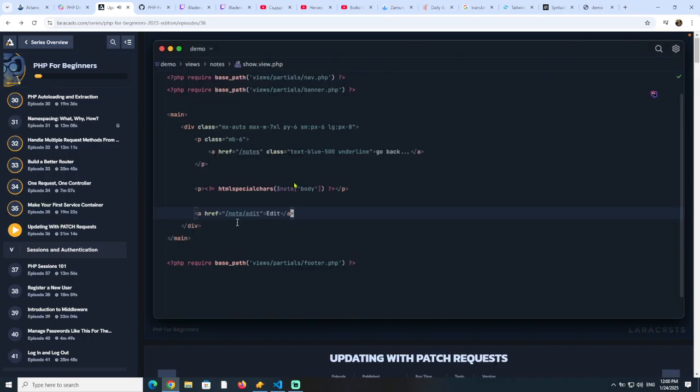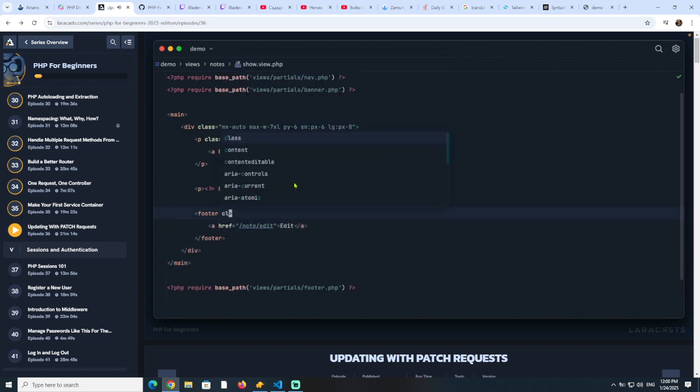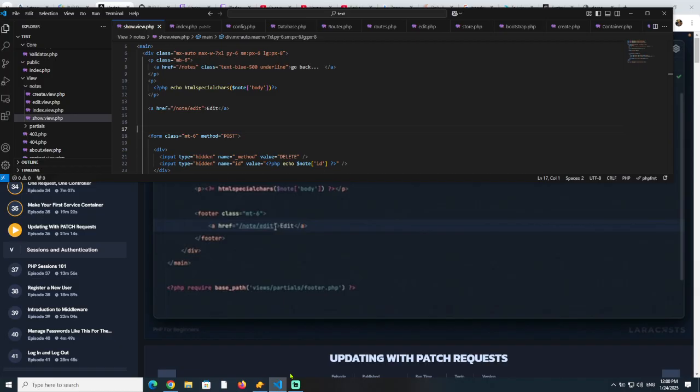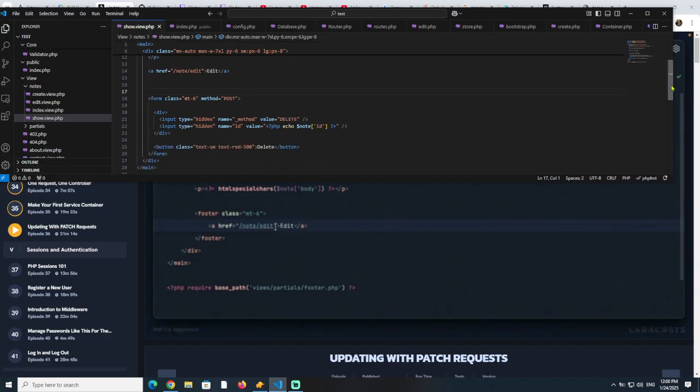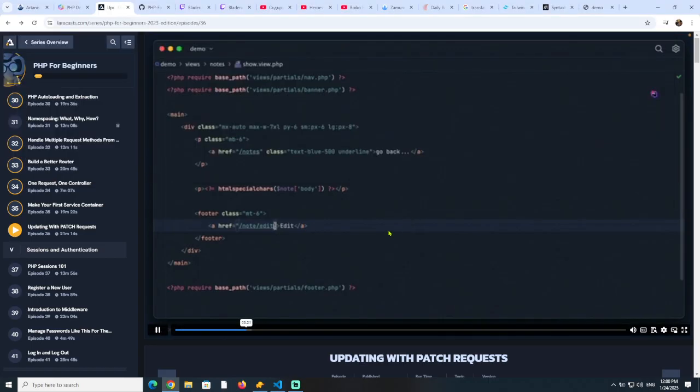Next, let's add a footer and add it here, and then add a little margin top. And then why don't we style